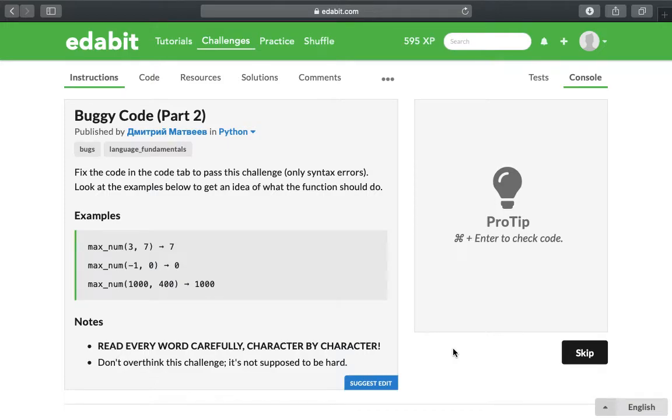This is the Programmer Owl, and today I'm going to walk through an Edit challenge. It's a very easy Python challenge, and it's a new type of challenge. It's where instead of creating or writing the code, we're looking through the code for any errors. And this one is called Buggy Code Part 2, and they just want us to fix the code so that